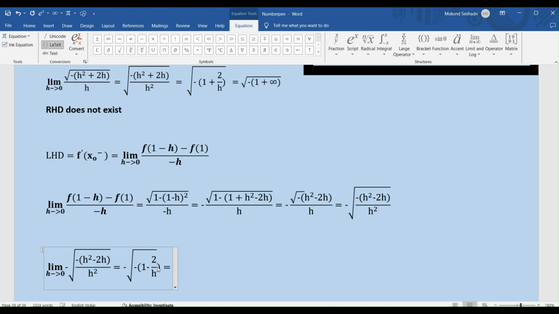And what is that? Let us rewrite this. So this is how I write this expression, and I have a minus sign outside. I don't think we can further simplify this. I have a minus of the square root of 2 by h minus 1, which is nothing but, again, tending to,